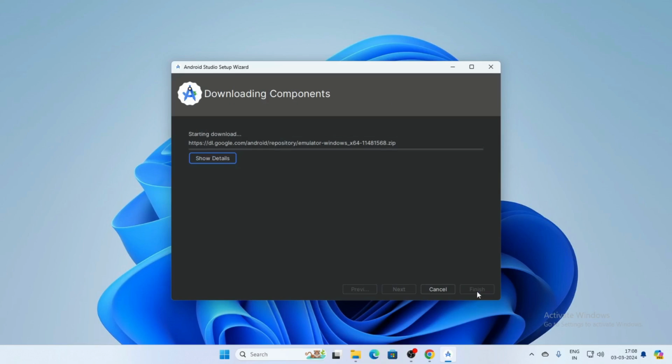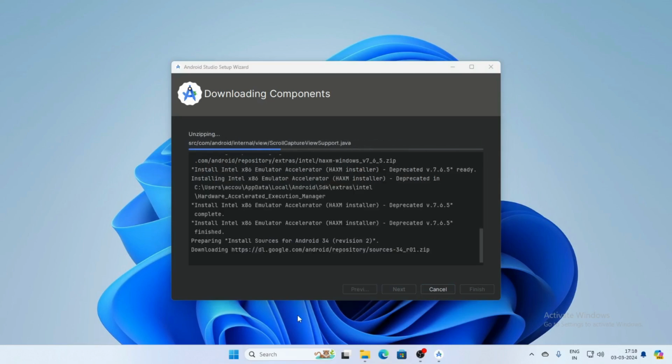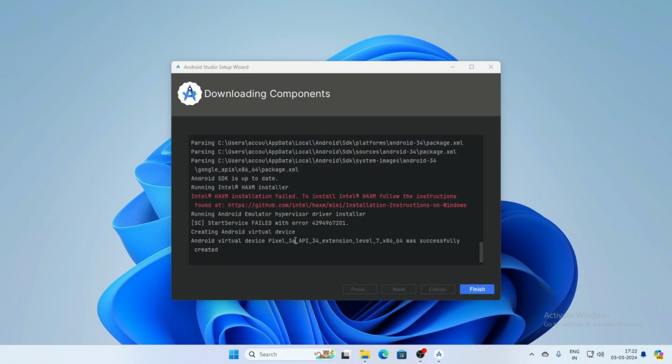Here is the downloading component. It will take a while. Now click on finish